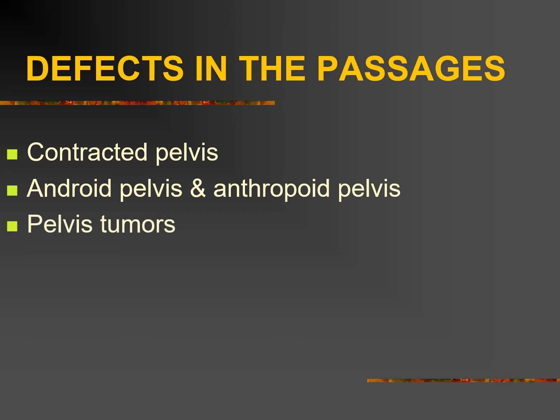And presence of pelvic tumors. That is, especially if the tumor is in the anterior portion, when the baby is coming downward, it is usually supposed to be in the anterior portion of the pelvis. But here, if a tumor is blocking that, instead of coming to the anterior position, it may go to the posterior position. So there is a chance for different positions if a tumor is there.